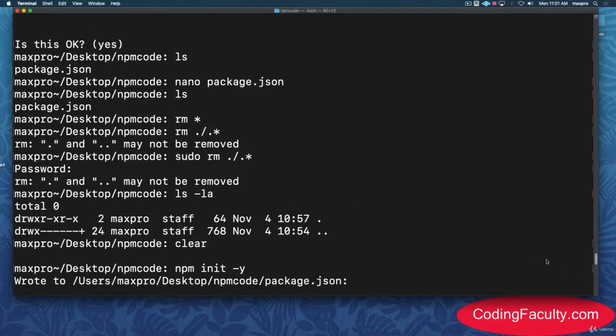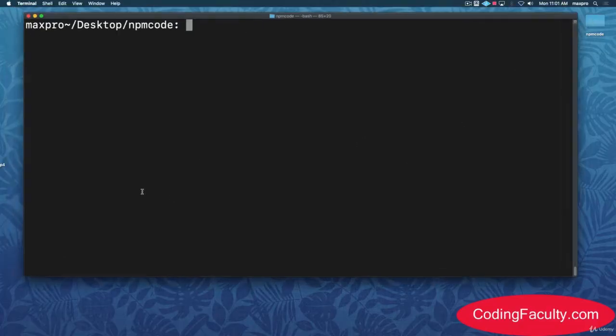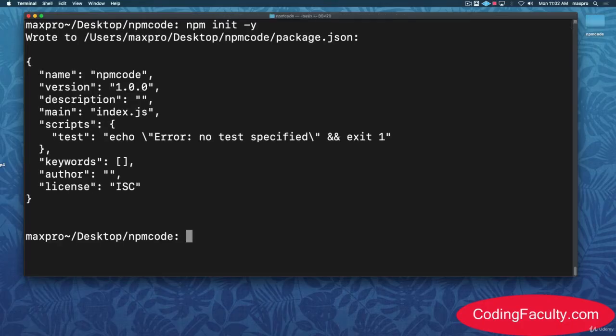Alrighty, welcome back, my awesome students. So what I'm going to do here, I still have that folder right here on my desktop. Okay, so I'm going to install a package, but I want to start with npm init first, because I can't really install a package unless I have something initialized, at least the package.json file. All right, I could create that package.json manually if I wanted to, but I'm going to let npm do it because it makes no sense me creating all that data manually, right? If I can just do it like this. So npm init, not unit, but init, and then we press the Y,